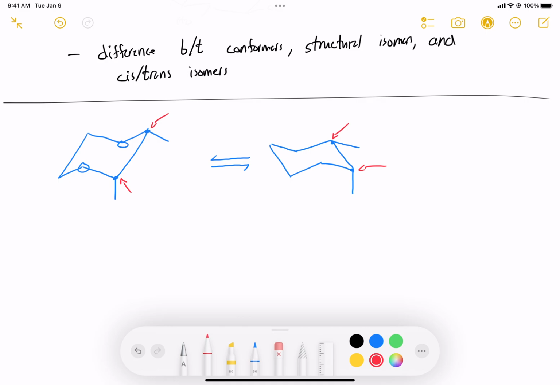All right, but that's just something we kind of have to remember. I know it's not an ideal situation. I always tell students just memorize it, but it's kind of hard to visualize like that. So imagine you're taking this bond right here, and now this one is going to be pushed up, so it becomes right here, right? It becomes pushed up right here. That's how we can tell that this position